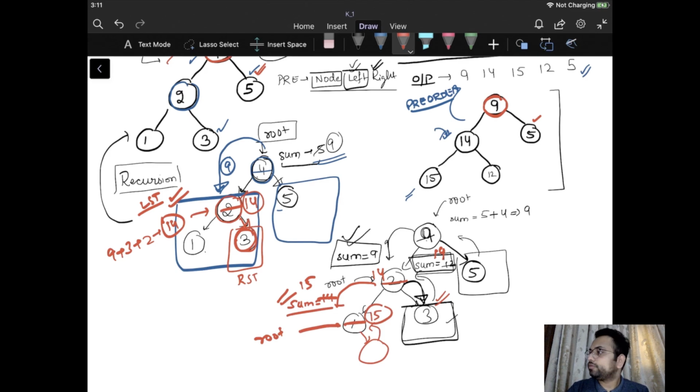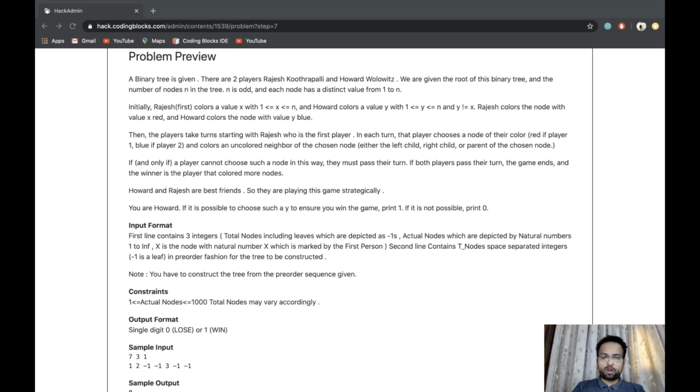Let us see what the next problem is. So this is the next problem. It goes by the name Big Bang Theory tree coloring. All right, so what does this problem say and how can we solve it? So let us see. This is a very interesting problem. I hope you all must have liked this problem, how you can do this problem.